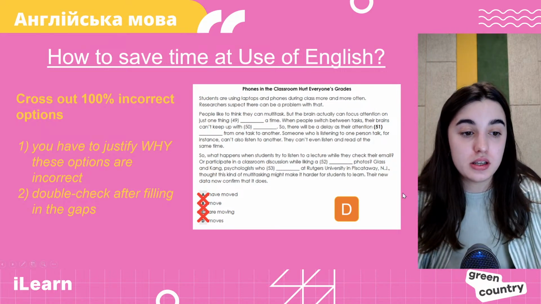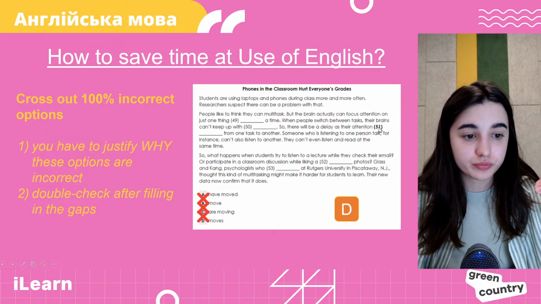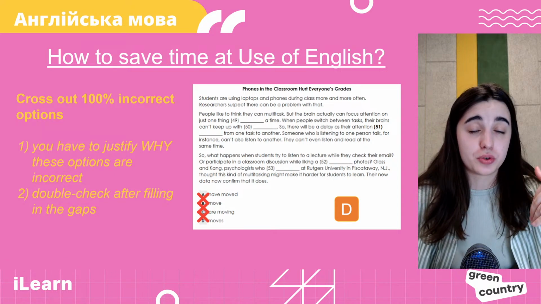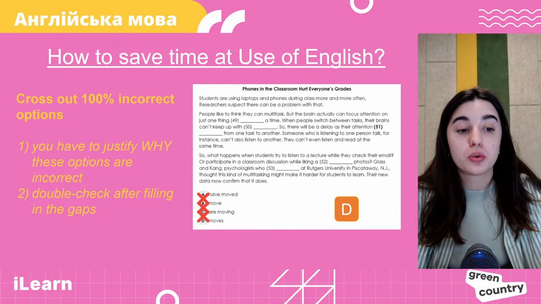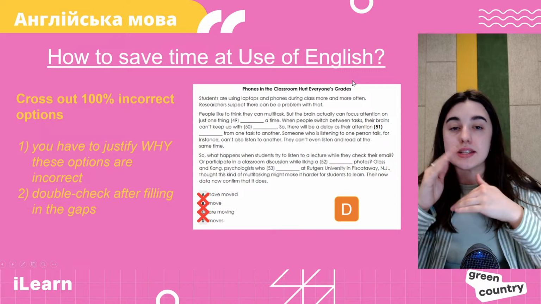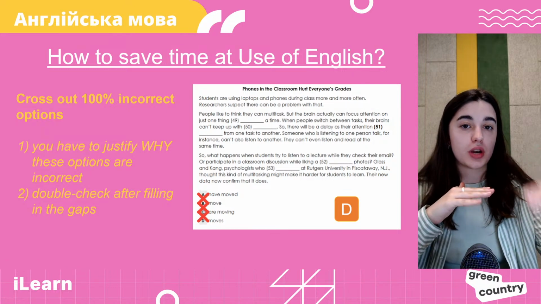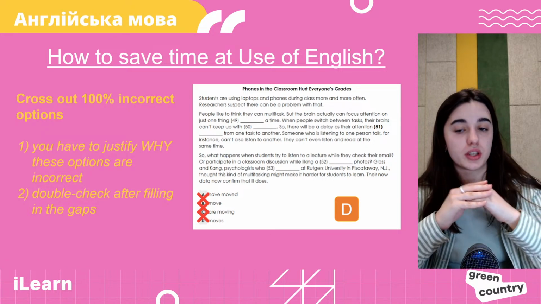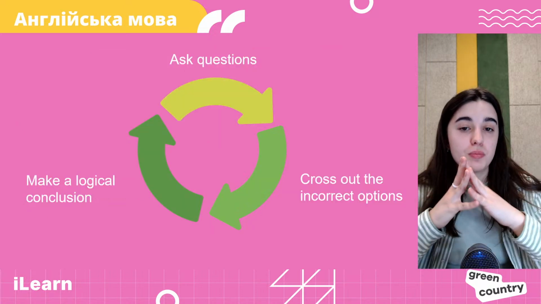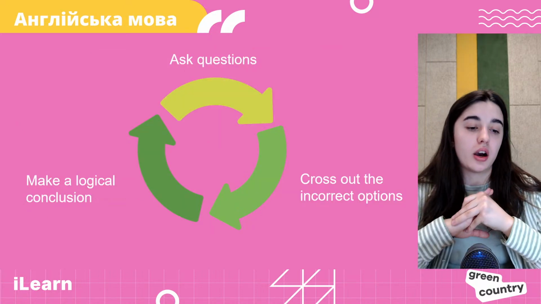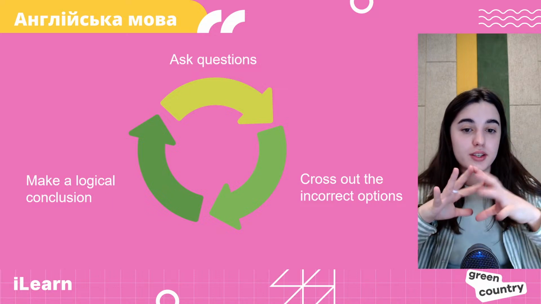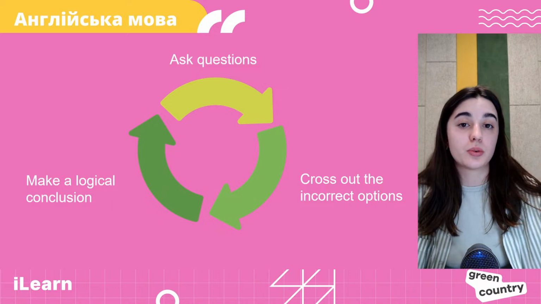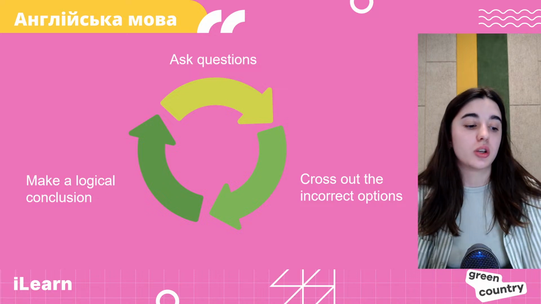And as you can see, it's already the task of use of English, and if I'm not mistaken, it's the last one that we have. So there you can see how easy it can be when you have some strategy, when you have some structure of doing the tasks. And for us to sum up our advice, I would like you to look at this kind of cycle, as when you work with use of English and with tests,